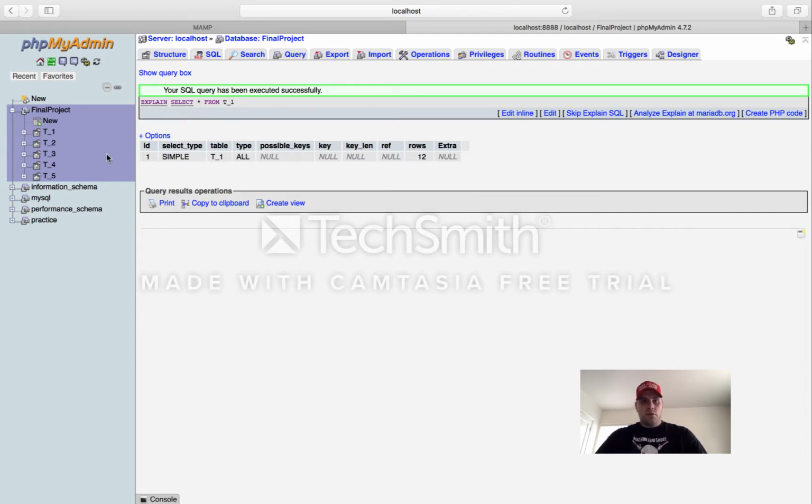if you have bigger tables, it's going to be easier to get all the information you need and see what